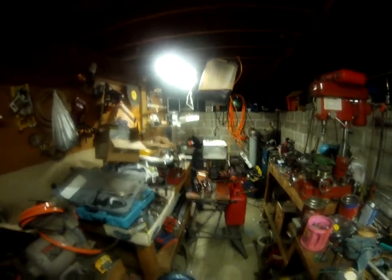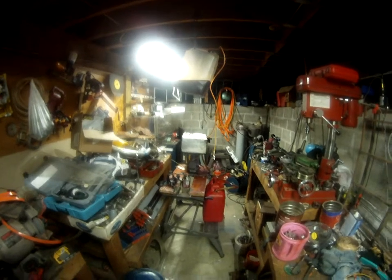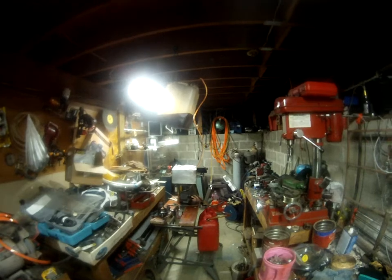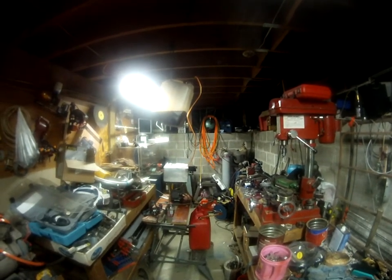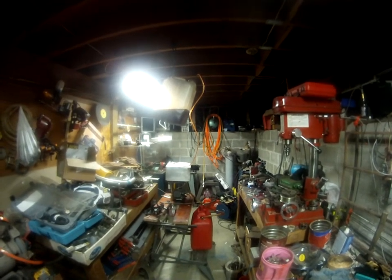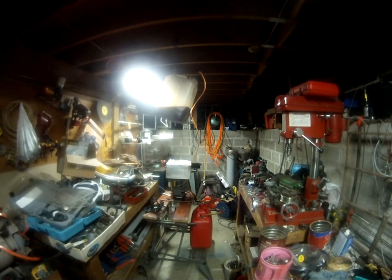Well, hey guys. I've been playing around with my centrifuge a little bit. Outside in the side yard, I've got 4 barrels of diesel. I bought it probably 10 or 15 years ago from a guy up north that had water in